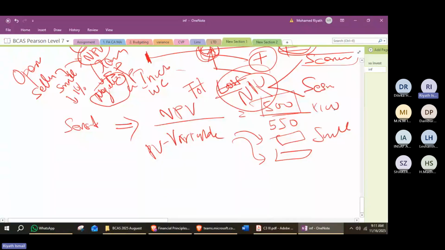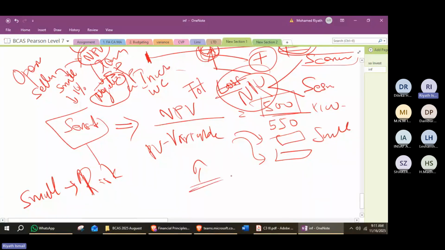A small value of sensitivity is very risky, right? A small value of sensitivity means high risk. So we have to keep the sensitivity reasonably high. And with this note, we will see